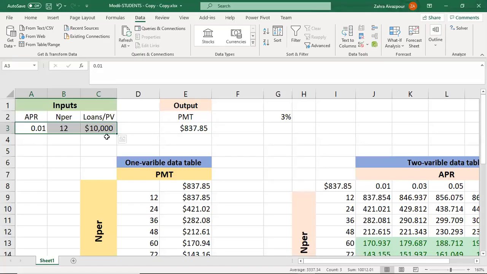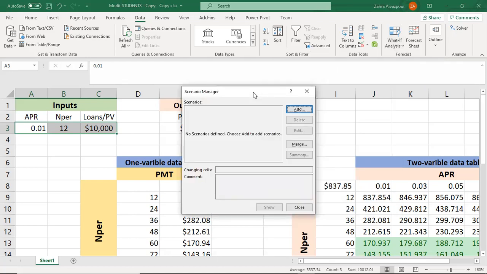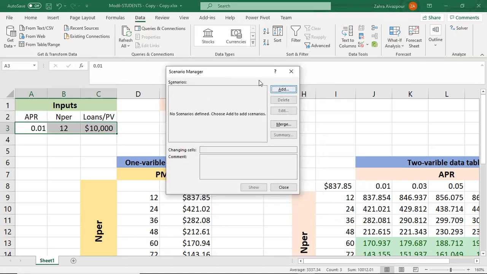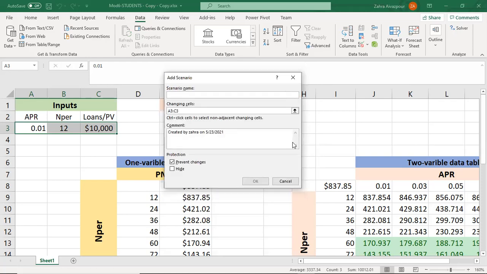After I selected this range, I go to this What-If Analysis and it shows this Scenario Manager. As you can see, I don't have any scenarios here. I need to add them. Give a meaningful name to your scenario. I call this one original